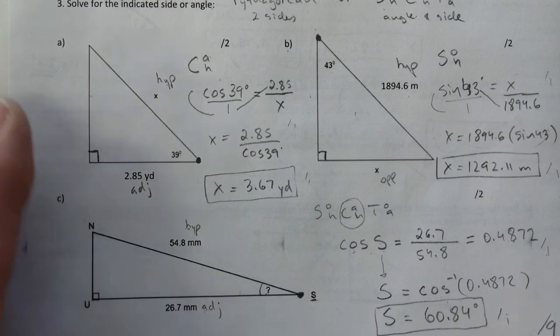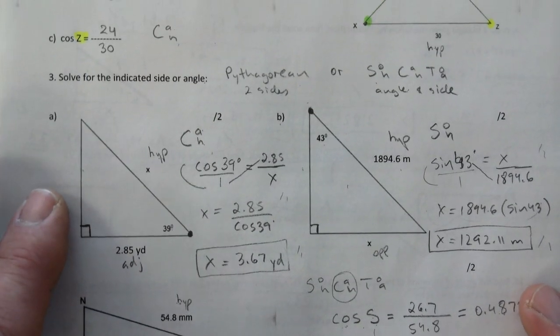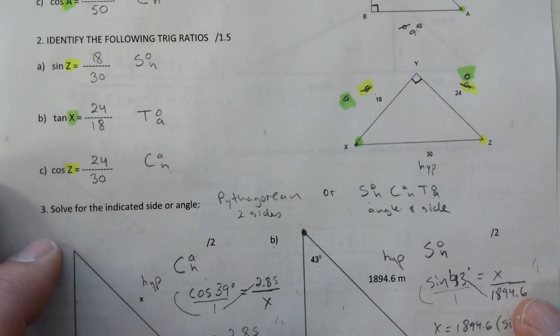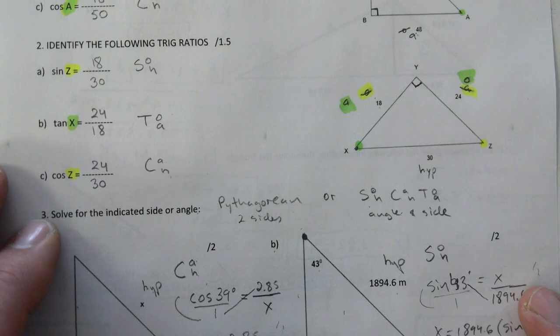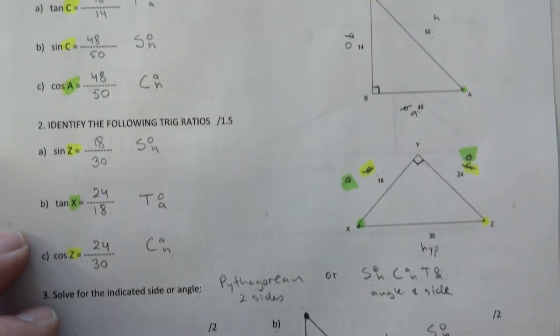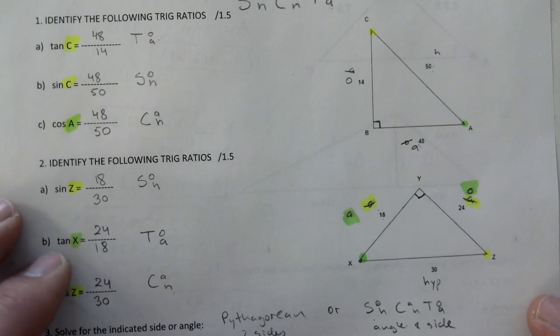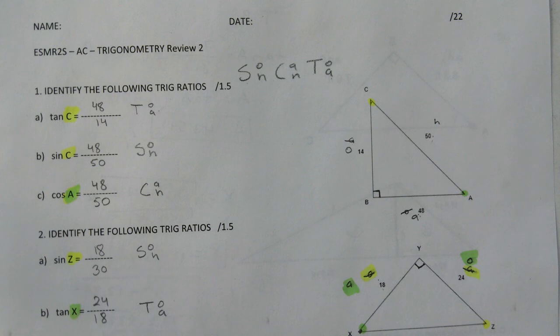That's all question 3, right? And going back up, question 2 is 1.5, basically half a mark per question. And question 1 is also worth 1.5. Total of 22. So put that down. And I will ask you to